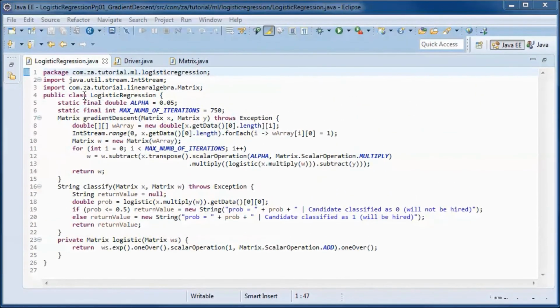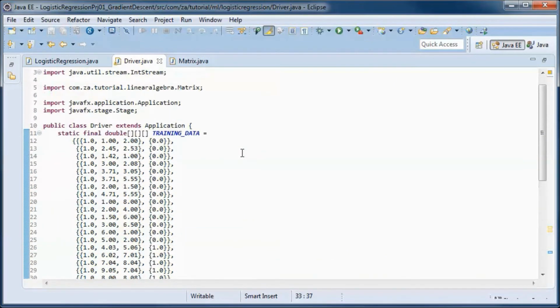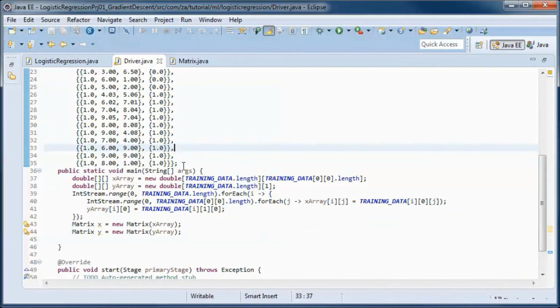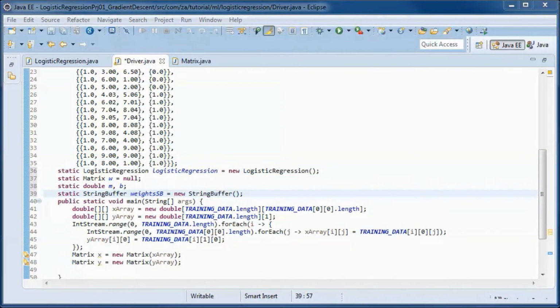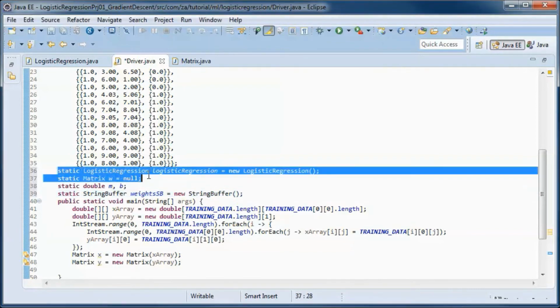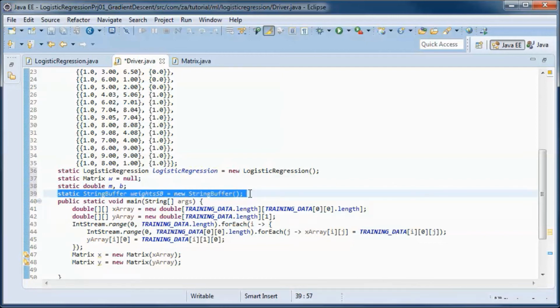So this should do it for this class. Next, if we go to the driver class, and here this will be the logistic regression instance that we will be using, and this is the weight matrix, and those M and B are for the line decision boundary, and this is for weight display purposes.